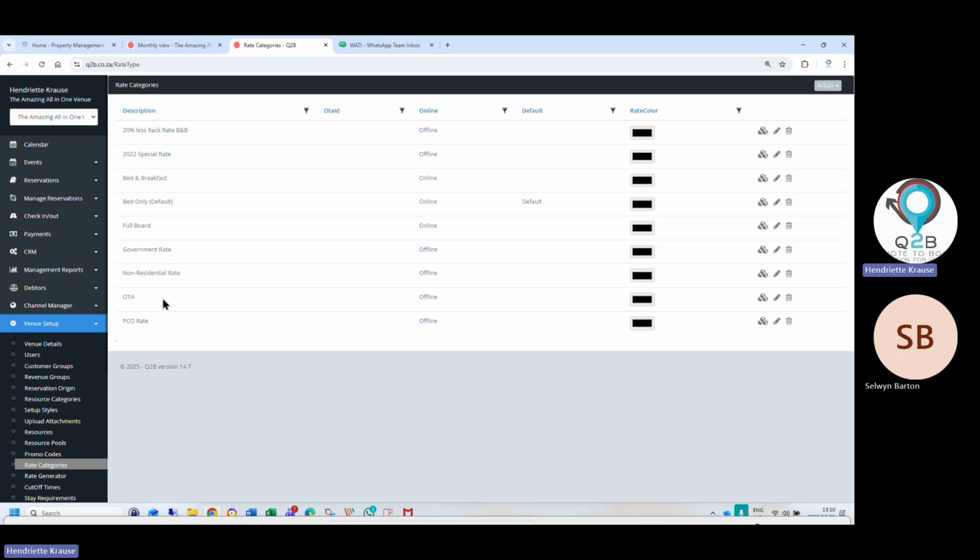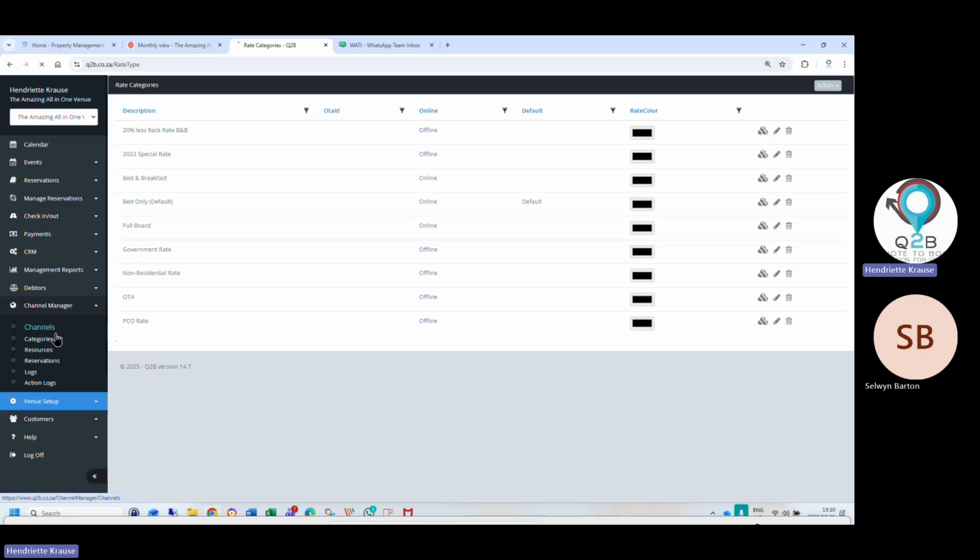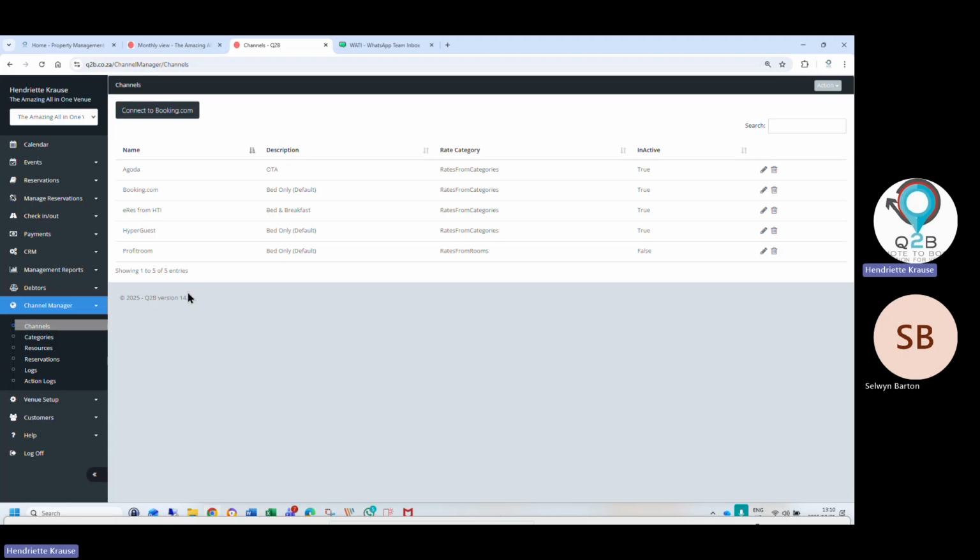That's fine. So you can create an OTA rate or owner rate and then make it offline, meaning offline means only you can see it, but you can also map it with the OTA. So we are integrated with Booking.com, Agoda and Expedia, not with Lekker. We're not integrated with Lekker, and you can use our channel manager, and we also integrated with Hyperguest.